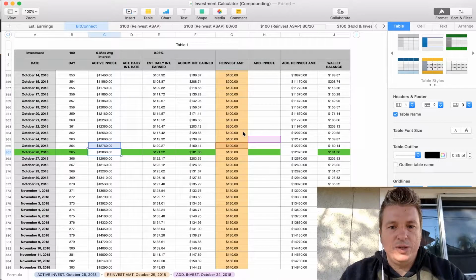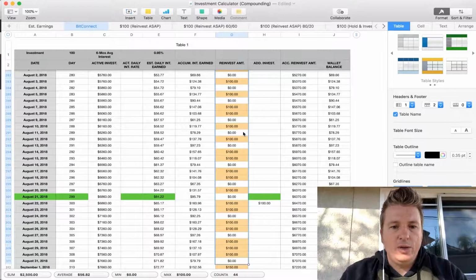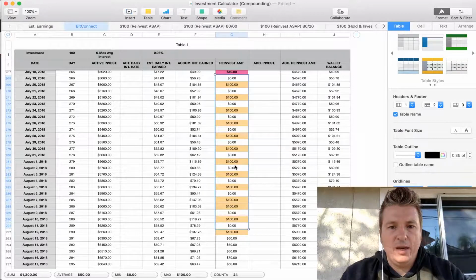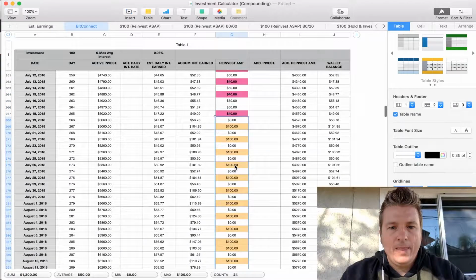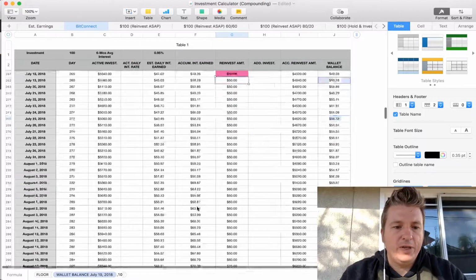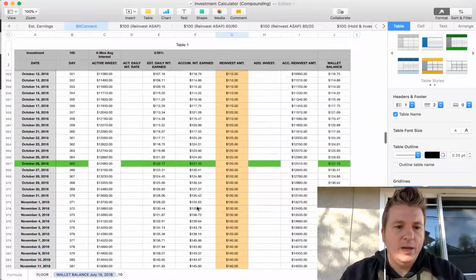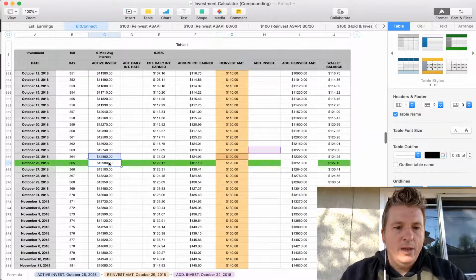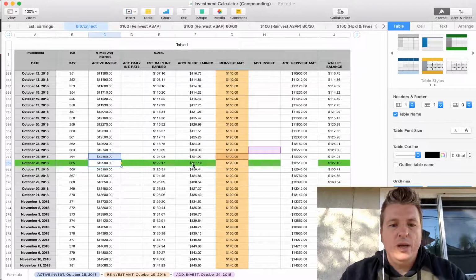Let me hit Control Z one time, a second time, a third time, a fourth time, a fifth time. Okay, so that fixes all of it. Let's go back down to 365. You can see that we're at 12,980 again, and 122. So I was wrong. I was looking here for some reason, but I should have been looking here.